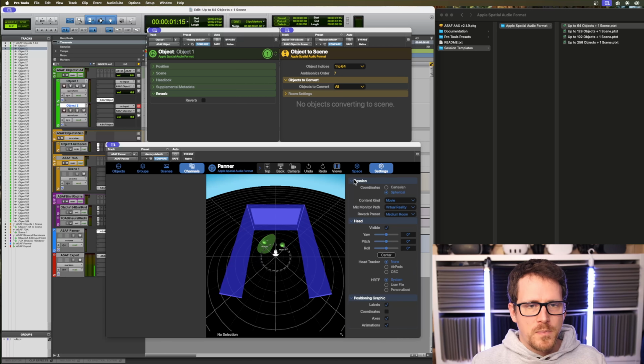Those settings, by the way, will look familiar to people who already have DaVinci Resolve, which already has these Apple Spatial Audio plugins or tools, as you want to call them, implemented. But now those things become a plugin for Pro Tools. And you can choose between movie and music, which is interesting.